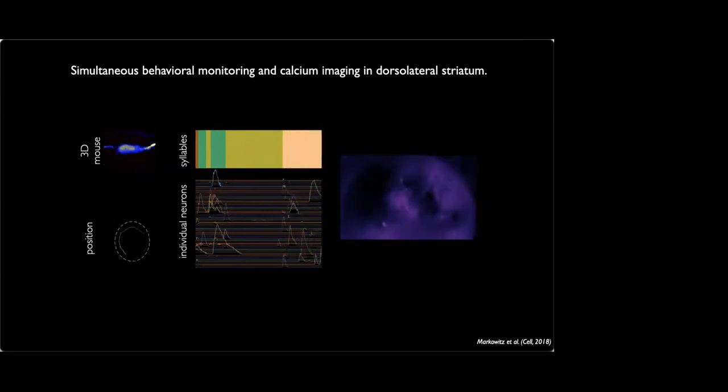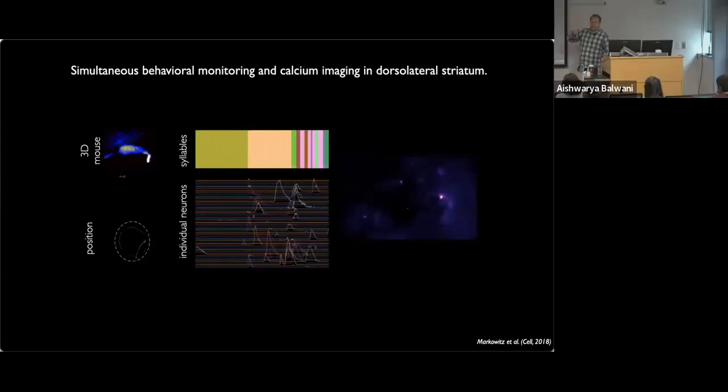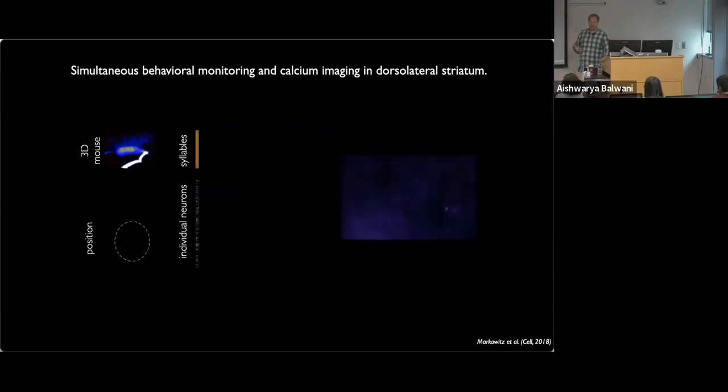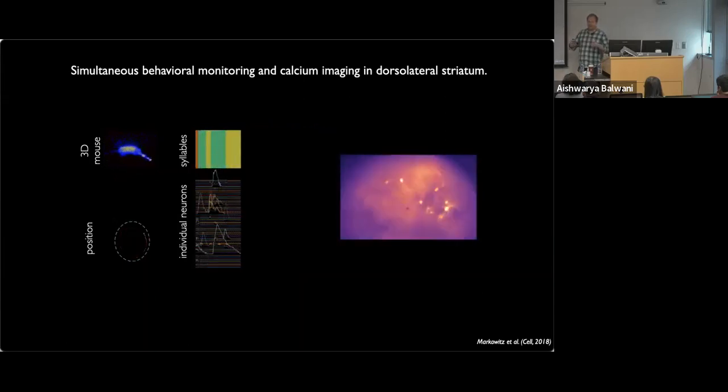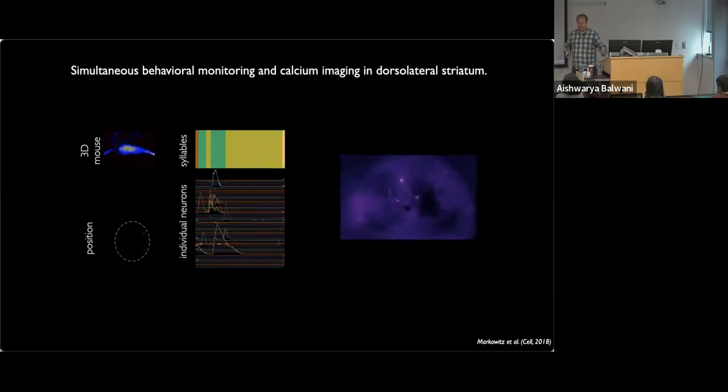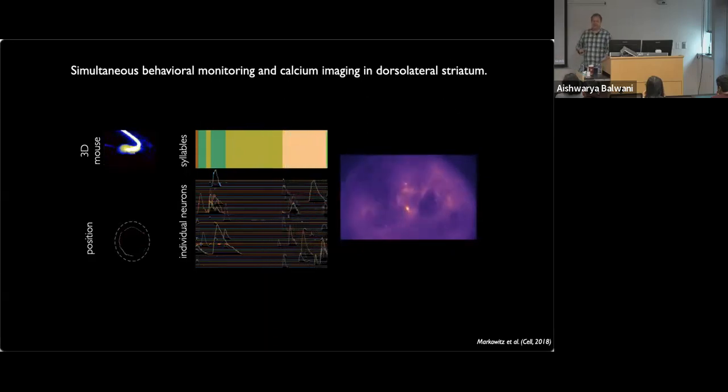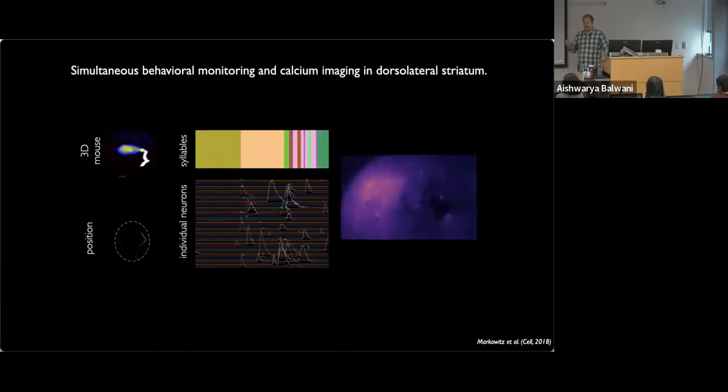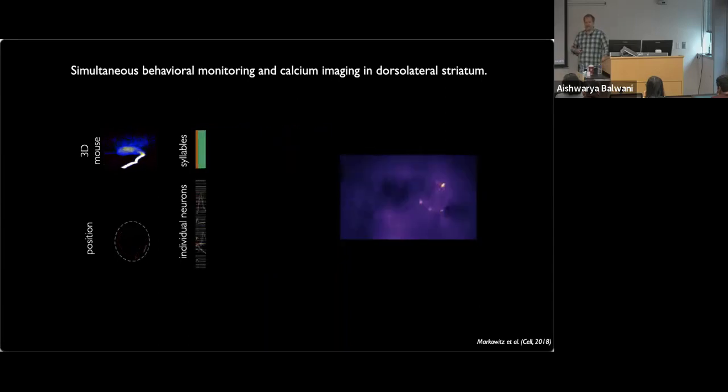So what we did is we were able to figure out where the cable is, because it's the tallest thing in the field and in the frame, and then basically mask that out and then use dimensionality reduction with missing data, factor analysis with missing data, to try to find that low-D embedding to run this MoSeq model on.